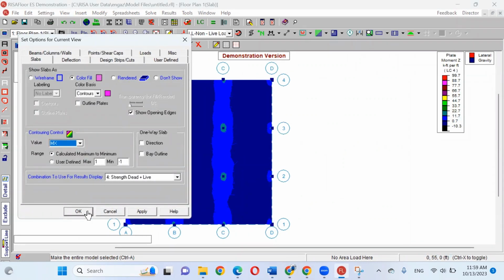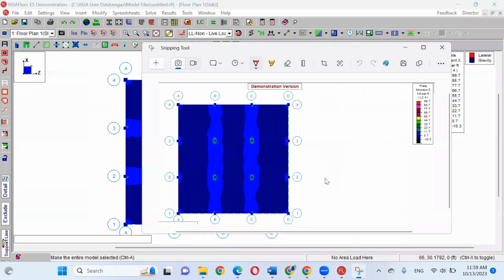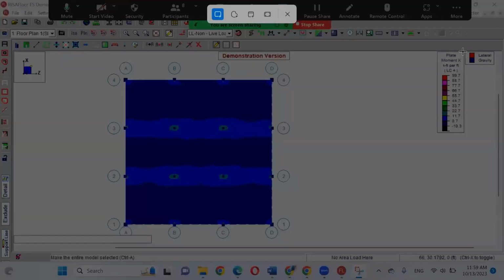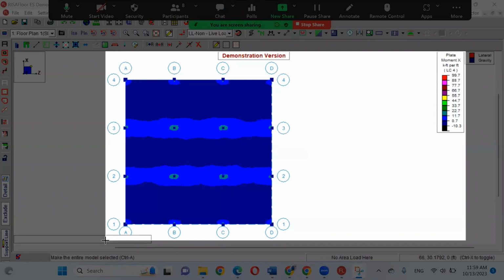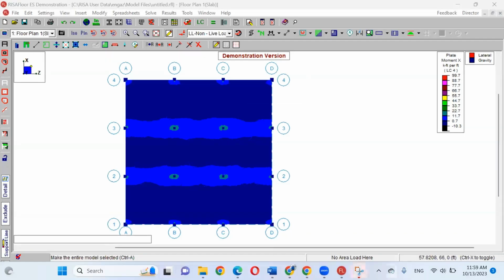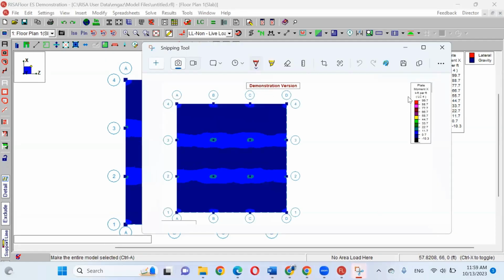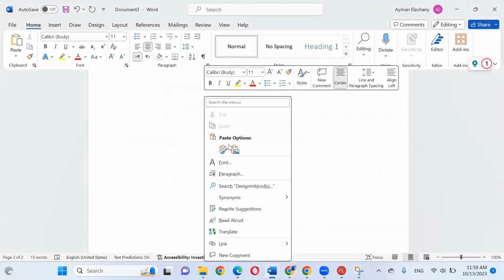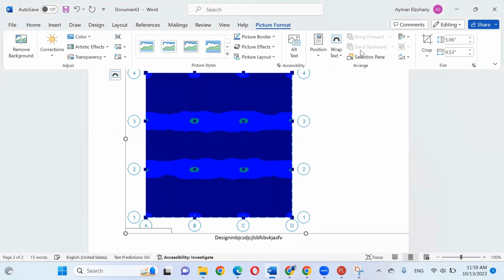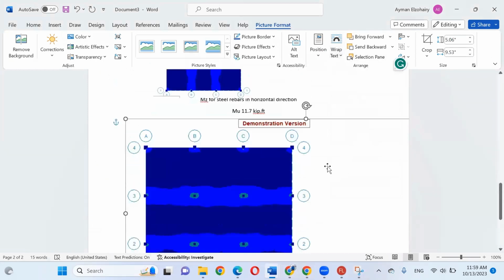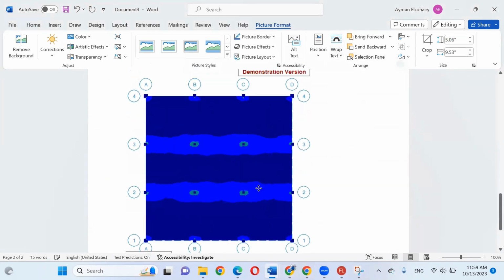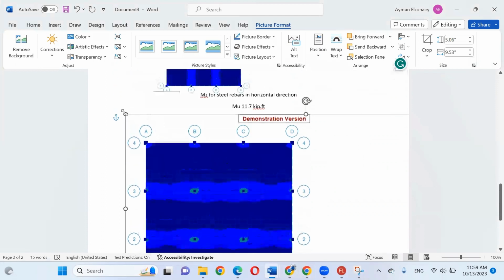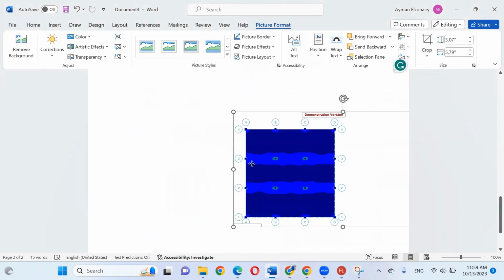Okay. And then I can take another shot like this and copy and put it here. That makes sense? If it's very big, you can make it smaller like this.